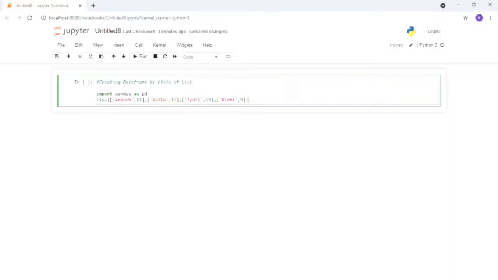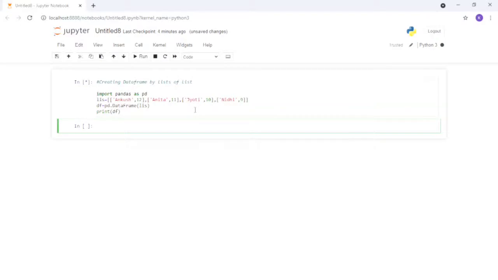So here I have created a list, and once we are going to create a data frame, we have to use the data frame object as df is equal to pd dot DataFrame. Clear? We have to type this, and then we can create the data frame from the list. So now I have to give the print syntax. Once you give the print syntax and click on run, it will run accordingly. Just wait for a few moments, it will be displayed on my screen.